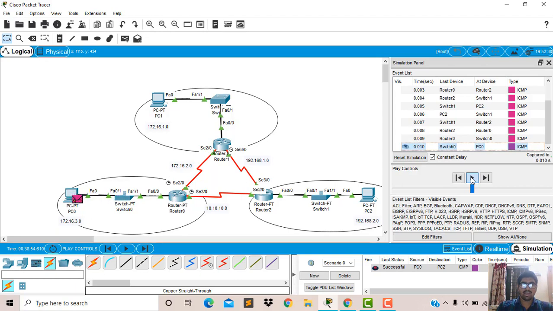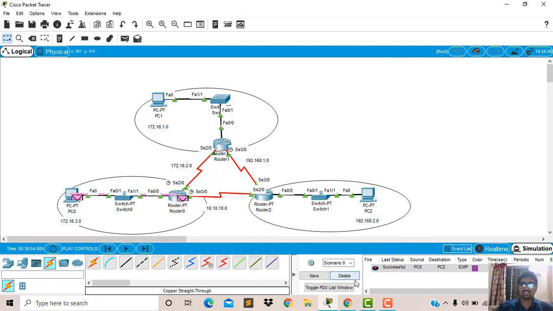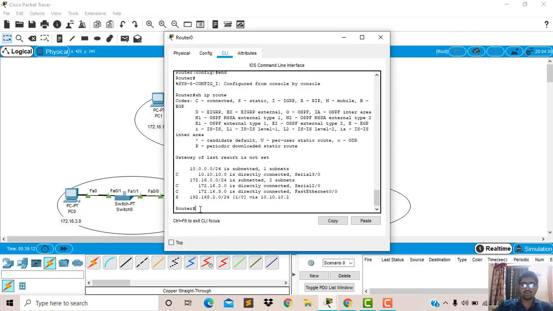Now we can see the packet is successful. Now we can see the simulation time, that is 0.084 seconds. Now we will see the time difference compared to the path before. If the packet is to go by the other path, as I have said, we have to use the no command to remove that route, we have to make it unknown to that route.